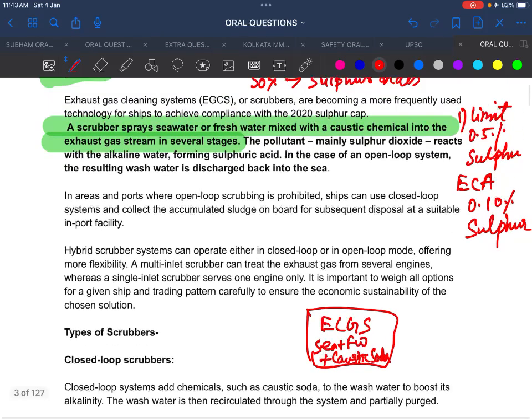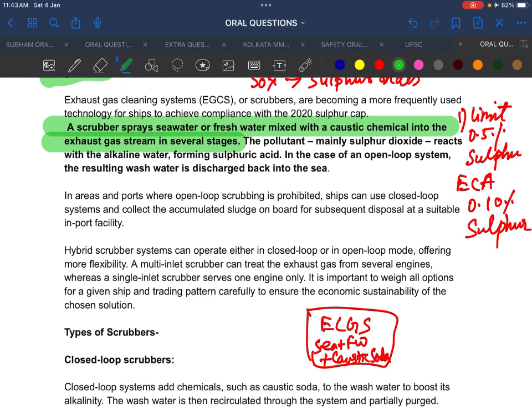We use the seawater, and you know there is too much seawater in the sea, so don't worry about the seawater. And we also take fresh water sometimes. So we take the seawater and fresh water mixed with the caustic chemical into the exhaust gas stream in the several